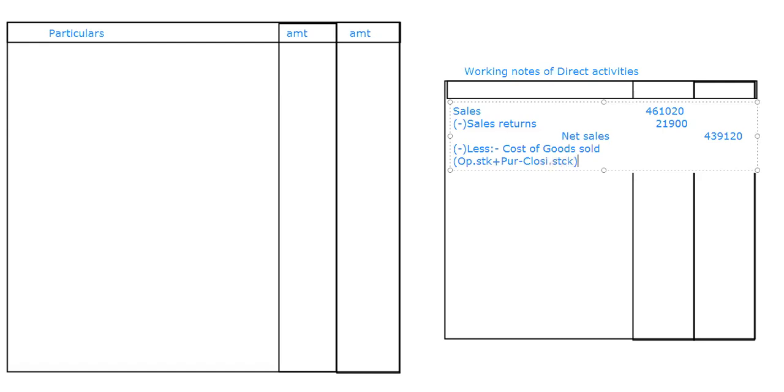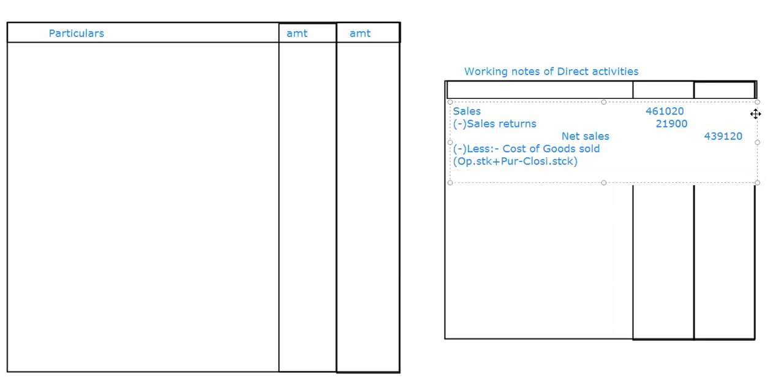But here, did he simply give opening stock, purchases and closing stock? No, opening stock he gave directly. But again, purchases, he gave purchase returns separately, purchase discounts separately, then he gave direct expenses, freight, and then closing stock he has given. So that's how we are going to do it, we'll see.